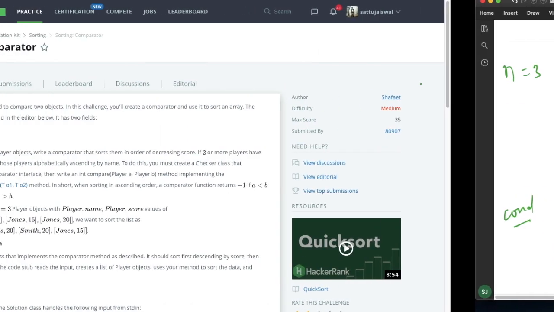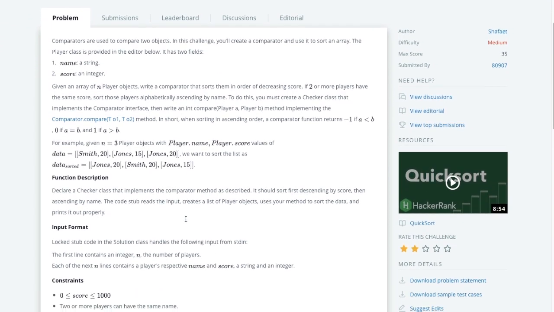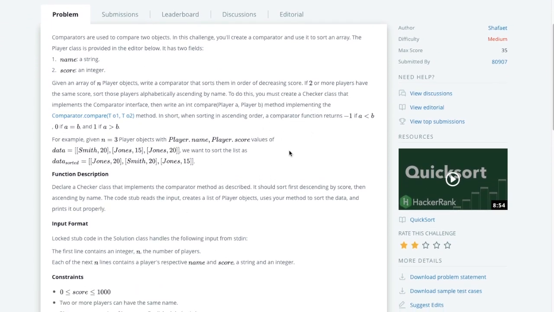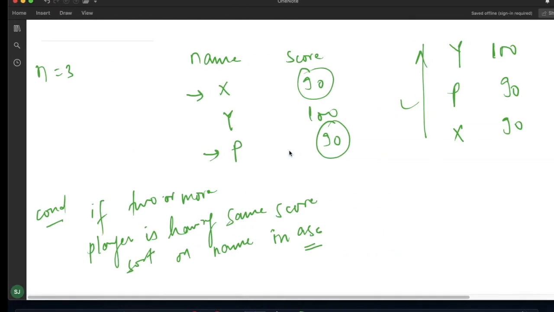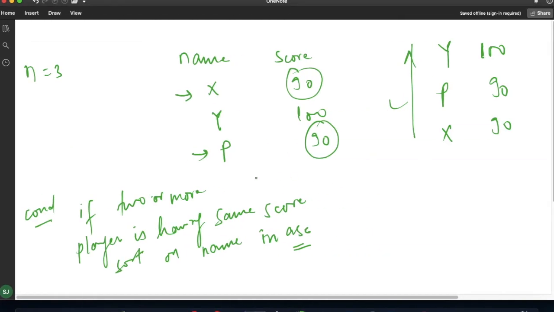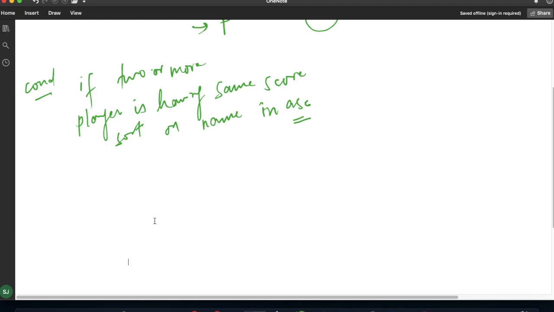So here we have to use a comparator. Basically what a comparator does is it takes two parameters. Suppose the parameters are A and B. If we are sorting in ascending order, then if A is less than B, it will return -1.